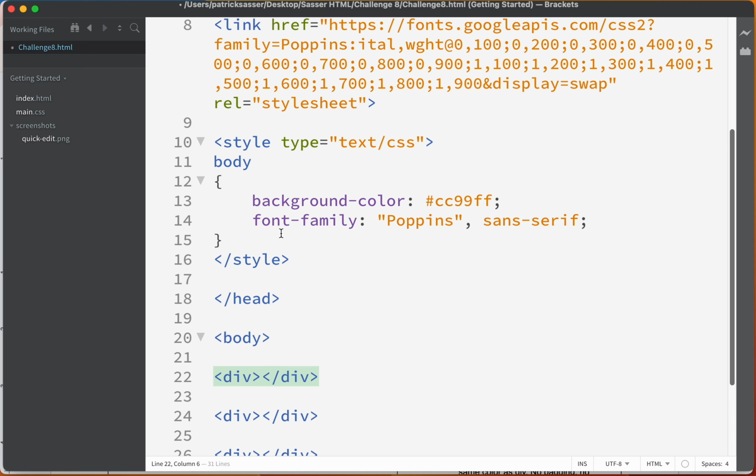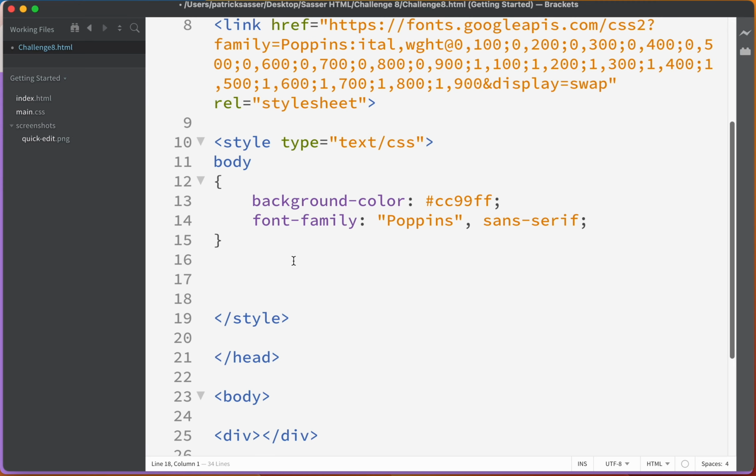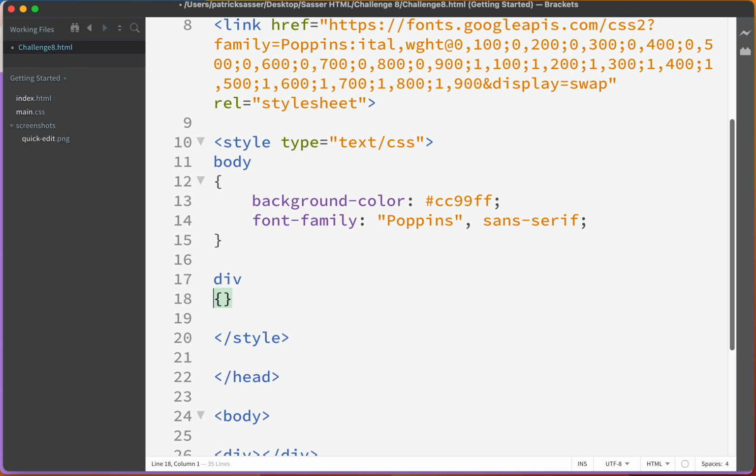Let's close that. Now, you can see that we've got lots of divs. They're all 800 pixels wide. They all have a 20 pixel padding and a margin bottom of 20 pixels. Now they have different color borders, but what we're going to do is essentially style each one of these. So we are going to get this border color first, and let's add in a style for the div tag here. So we'll say div,